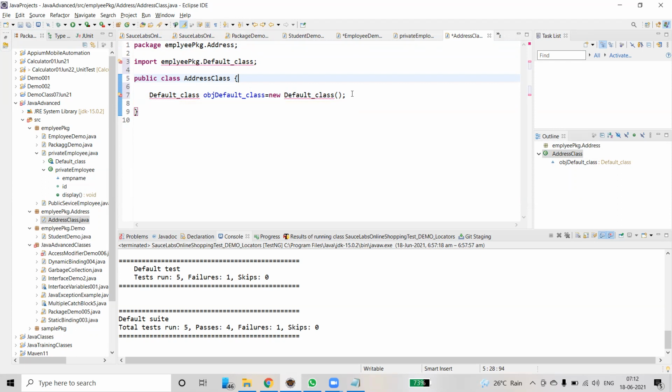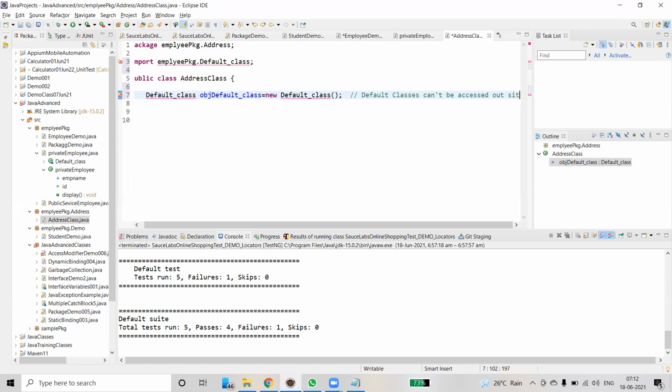Clear? Yes. Default classes cannot be accessed outside the package. Outside the same package.